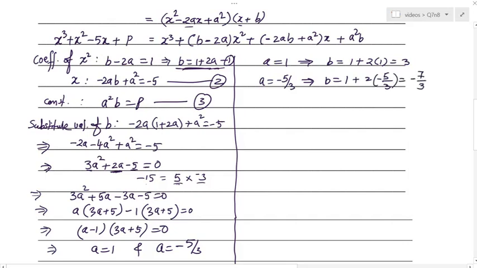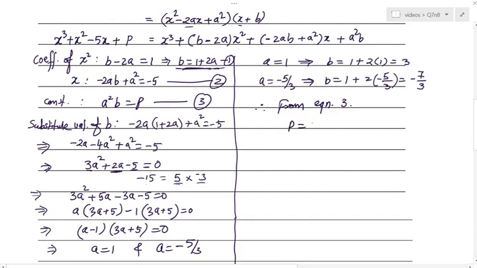So far so good. We found the values of a and b, but we want to find the value of p, and equation 3 gives us the value of p. Because there are two different values of a and b, we will have two different values of p as well. So therefore, from equation number 3,